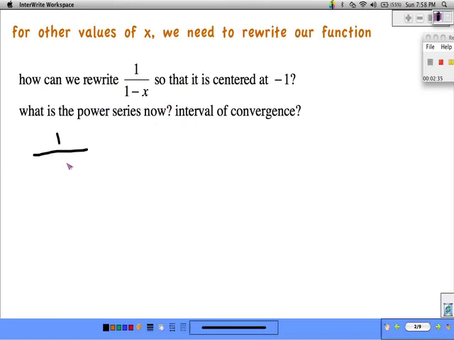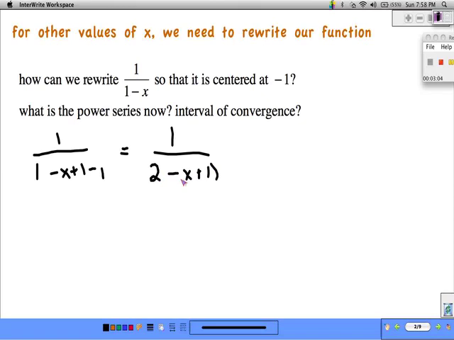So if I have x plus 1 down here, if I add 1, I also have to subtract 1 to keep things balanced. And then this is the same as 1 over 2 minus x